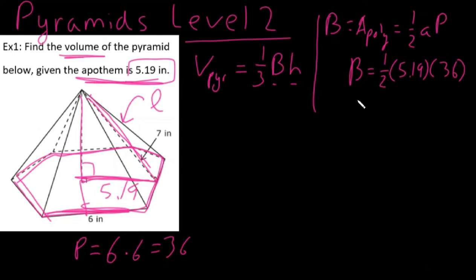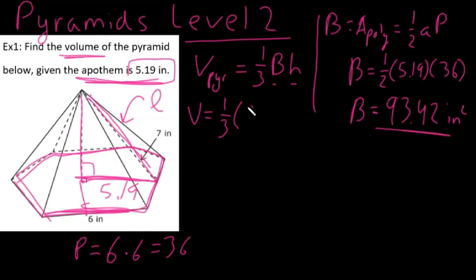Now from here, let's go ahead and multiply all these things together. So 0.5 times 5.19 times 36, and of course we get this. The area of the base of our regular polygon was 93.42, and of course in this case it would be inches squared. Now let's go back to our original formula, the volume of a pyramid. Let's start plugging this in. So we have 1/3 parentheses. We know the area of our base is 93.42